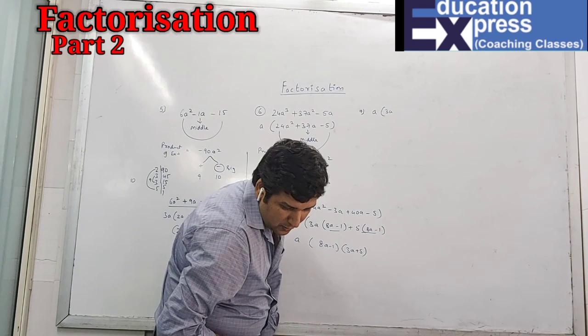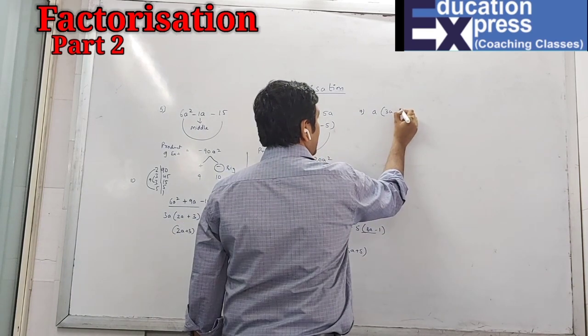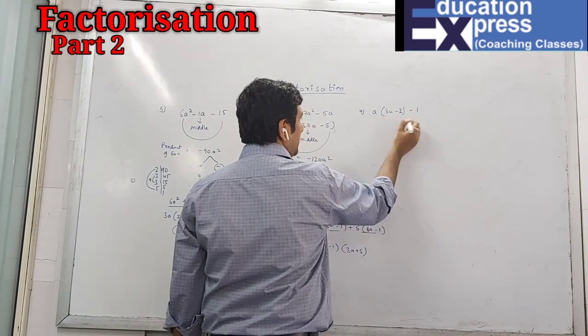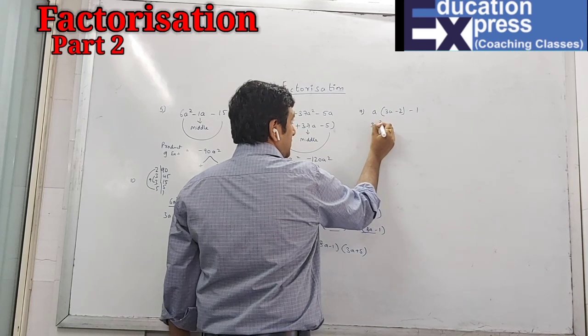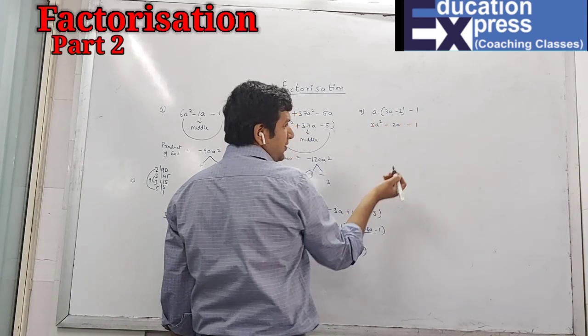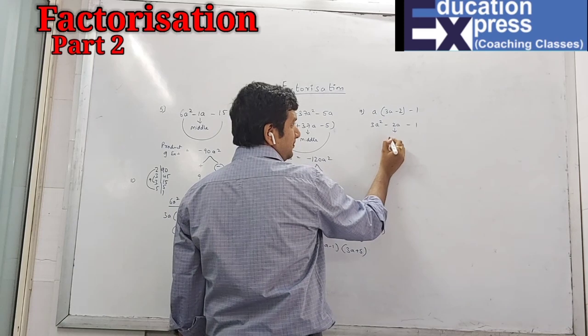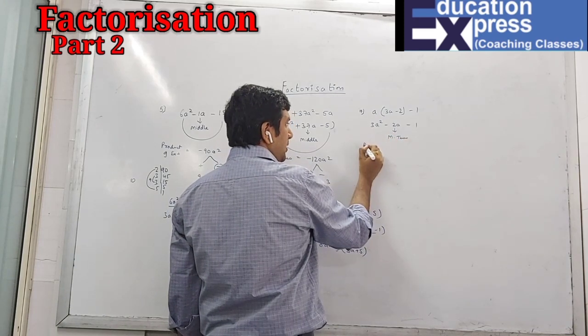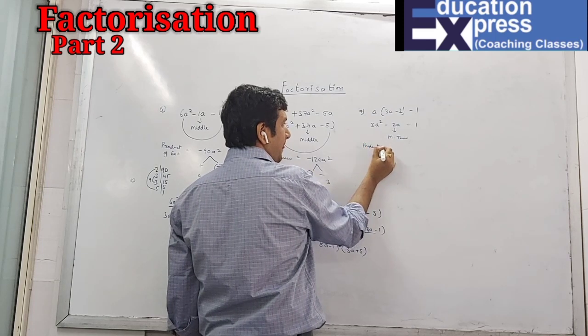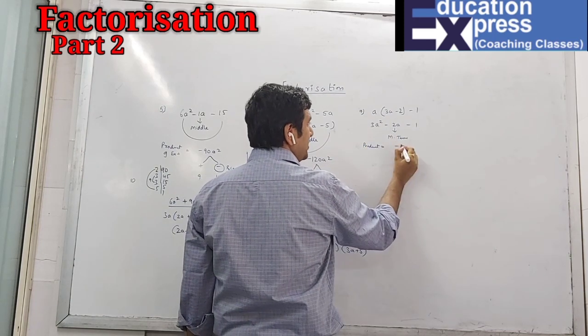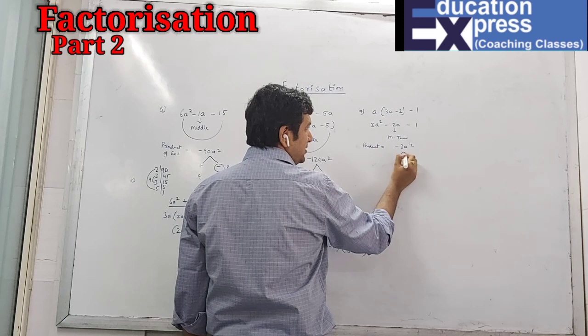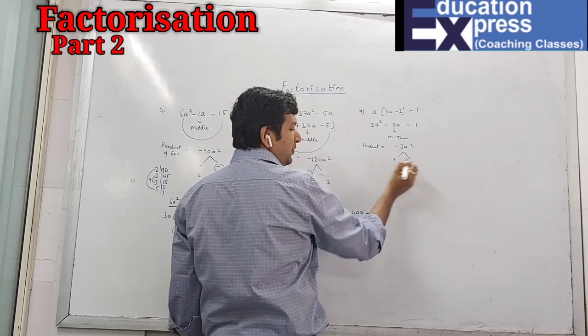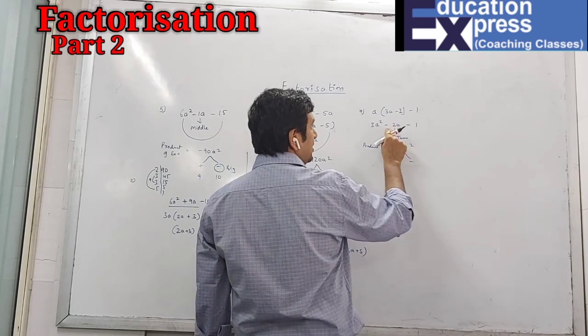a, 3a minus 2 under bracket, bracket close, minus 1. When you open the bracket, you get what? So students, now it's easy. Middle term, I write as empty. The product will be 3a square minus, this is minus 3a square. So obviously as it is negative, one will be plus, one will be negative. The bigger number will get the negative sign.